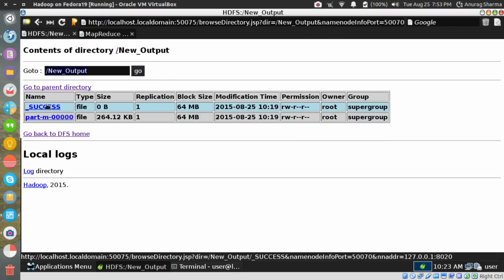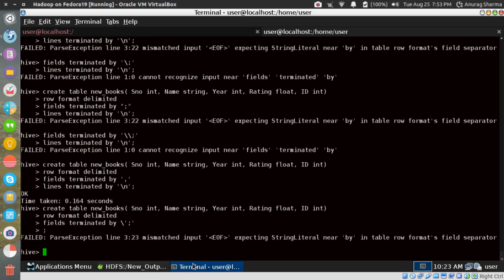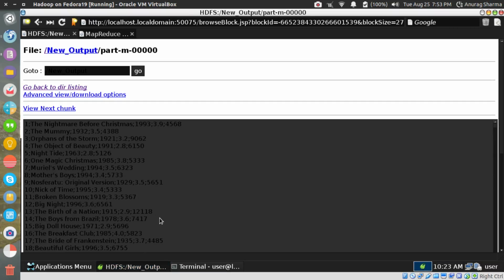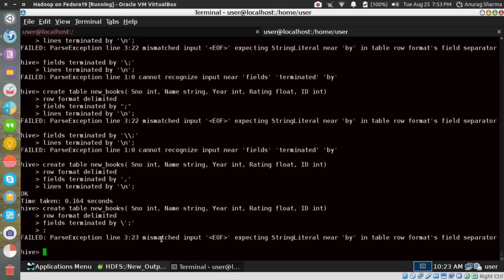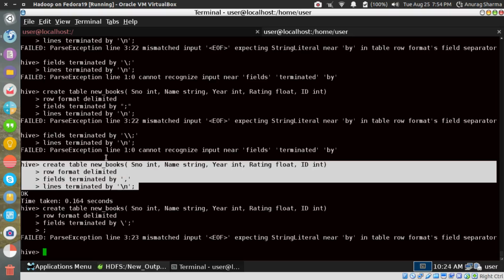I've got my output ready, but for the sake of simplicity, I can probably use some other delimiter. Anyway, I think you get the entire notion of things, right? It's pretty simple. For some reason I'm not able to figure out what the escape character is.